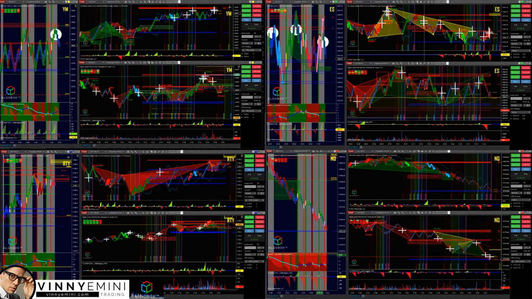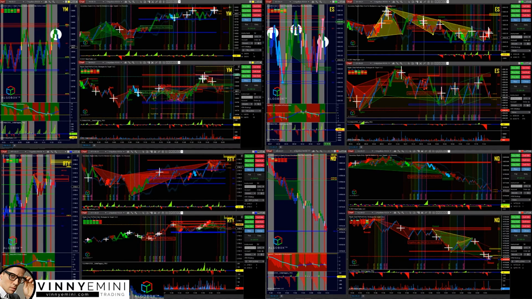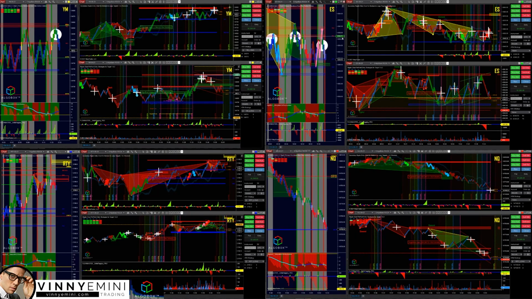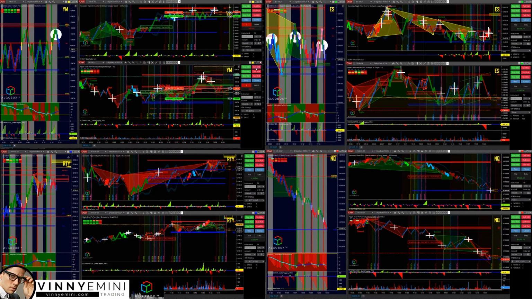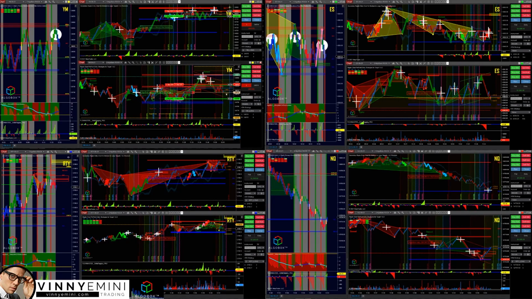Miren en Q. En Q es rojo sólido en este momento. Miren en Q. En Q es rojo sólido. En ES puso un punto rosa. Tenemos un double headshot rojo. En YM tenemos un punto rojo. Le voy a dar una chance a este trade. Escucho vendedores. Tengo el ES dándose vuelta.